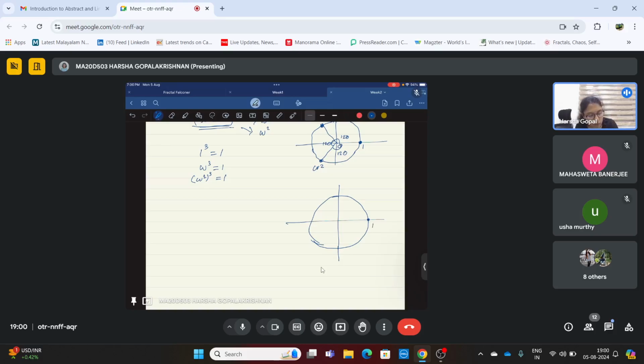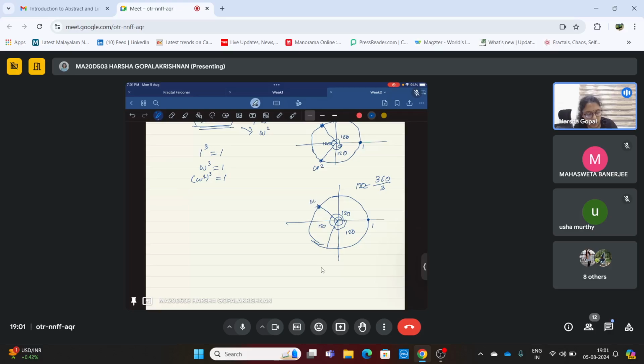Now, in total we have 360 degrees here. Since it is a cube root, we divide 360 by 3, and this is 120. So we take the first angle of 120 here. Again the next 120 here, and the remaining will also be 120, because 3 times 120 equals 360. So whatever points we get, if we are drawing this kind of line,